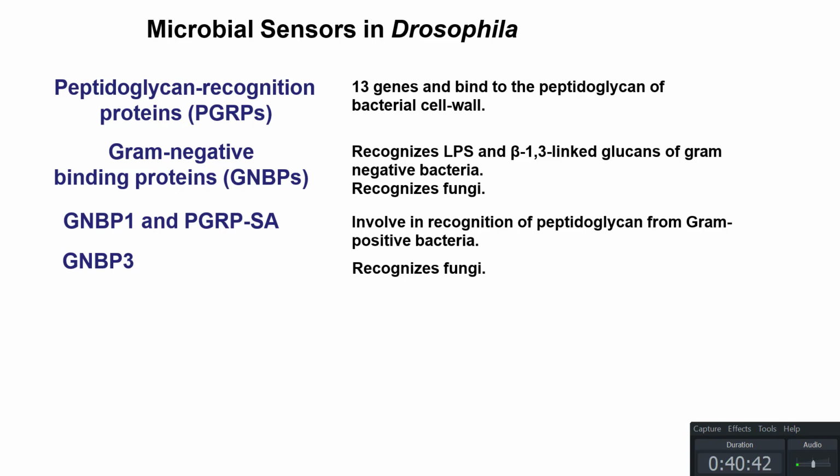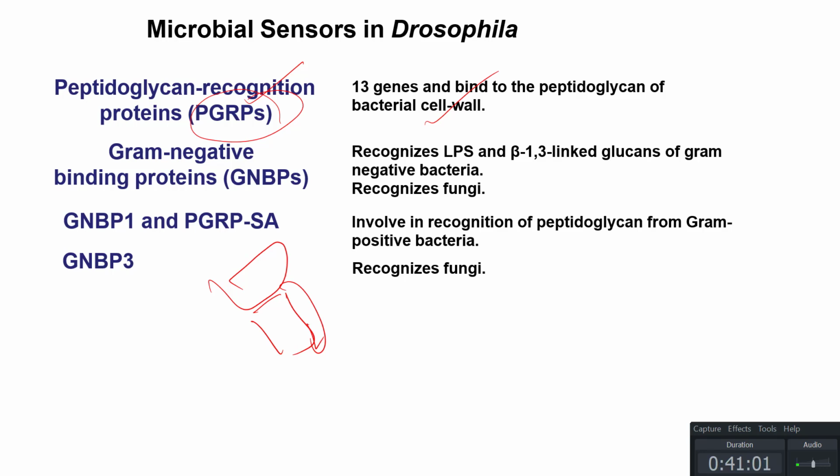And the microbial sensors will be there. If a microbe comes, it will be sensed by certain sensors. So here it is peptidoglycan recognition proteins, that is PGRPs. There are 13 genes involved in this which bind to the peptidoglycan of the bacterial cell wall, and then